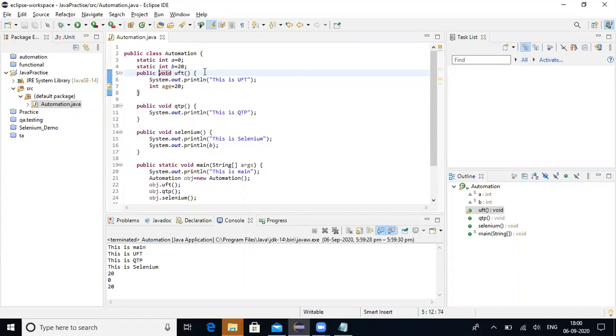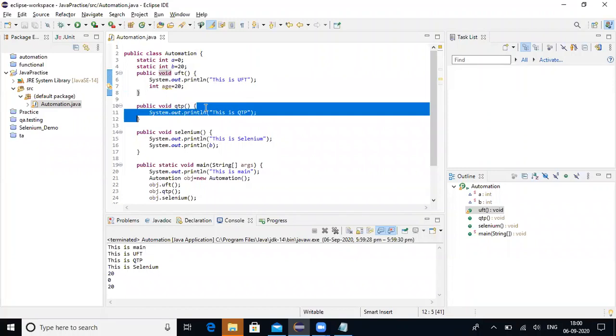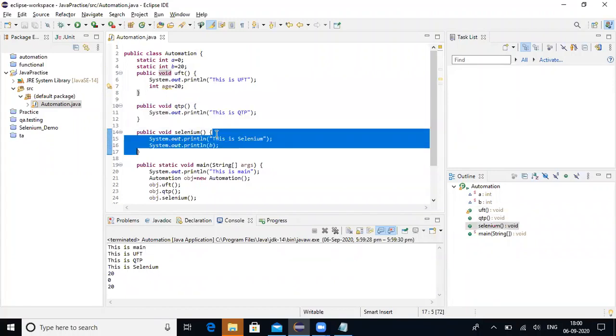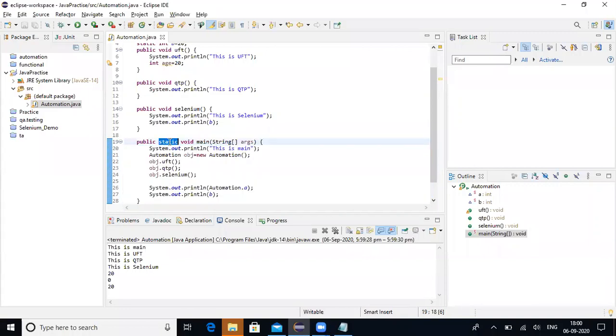It doesn't have any static keyword, so I am calling this method non-static. What about this method? This one is also non-static. What about this one? Also non-static. What is the name of this method? Main method. The main method is always static in nature. That belongs to a class.